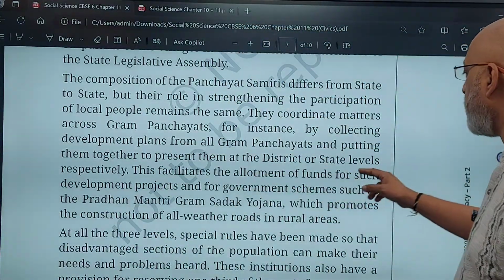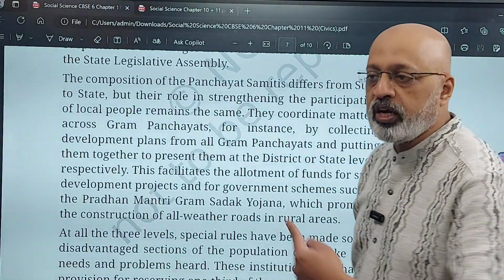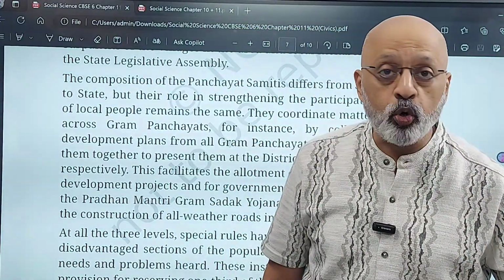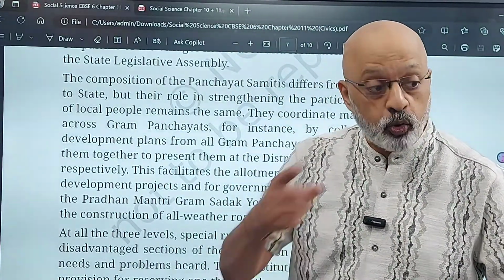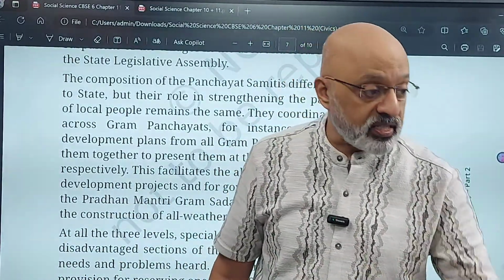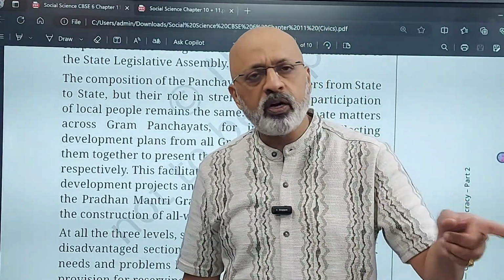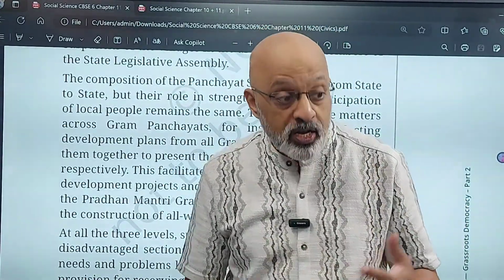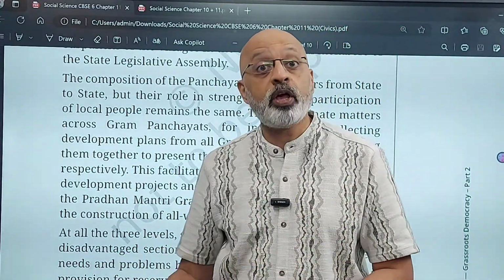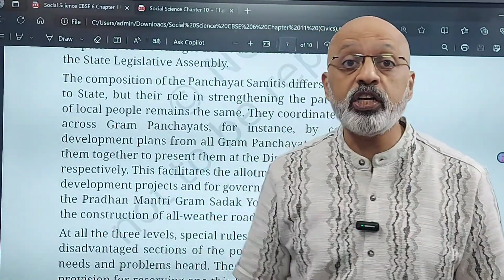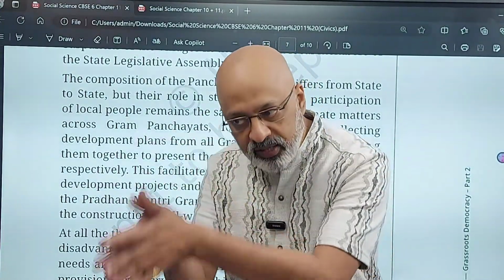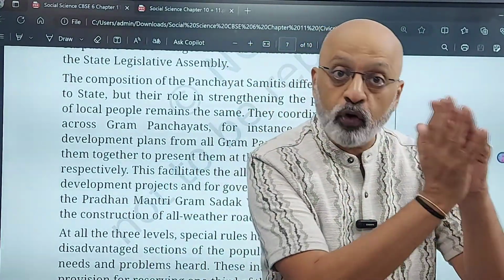So this facilitates allotment of funds for such development projects. So they decide, okay, इस पंचायत को हम watershed program के लिए इतने पैसे इस साल देंगे. इस पंचायत की जरूरत है रोड की, तो हम रोड के लिए पैसा देंगे. तो हर गांव की जरूरतें अलग अलग हो सकती हैं, उसके बेसिस पर पैसा दिया जाएगा. हर जिले को अलग अलग जरूरतें होंगी. Oh, this particular village is always affected by floods, so let's do some flood management program which is along the coast. But ये particular village को सूखे की प्रॉब्लम है, तो इसके लिए drought alleviation programs should be initiated. So it depends. So that is done by the state government in deciding, okay, this needs funds for drought, this needs funds for flood relief.